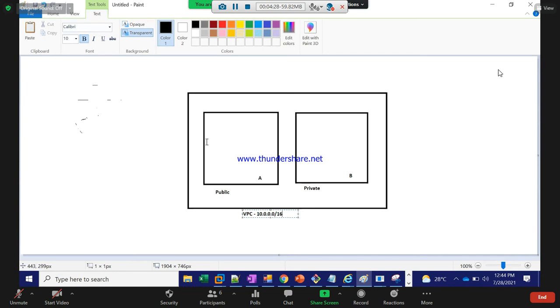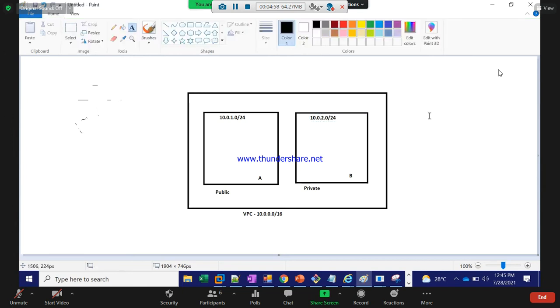We have taken two subnets and we split that network into 10.0.1.0/24 and 10.0.2.0/24. This is the public subnet, and this was the private subnet.